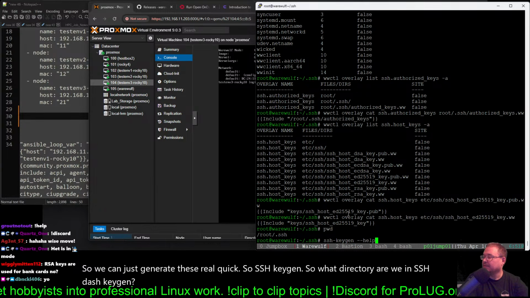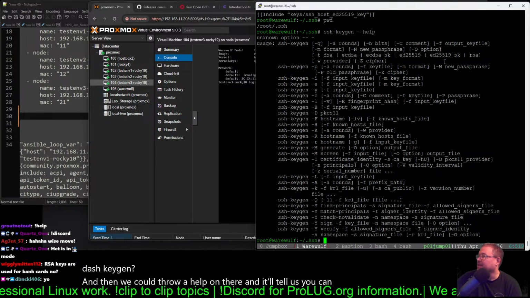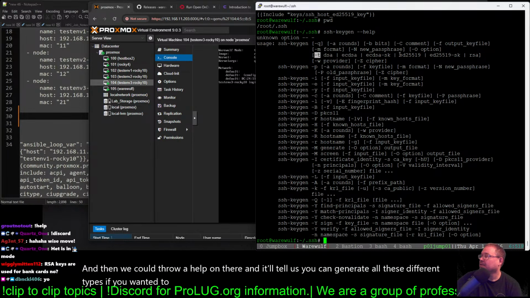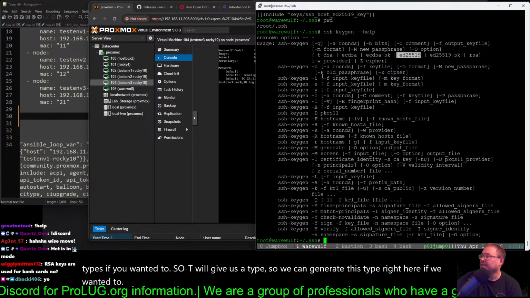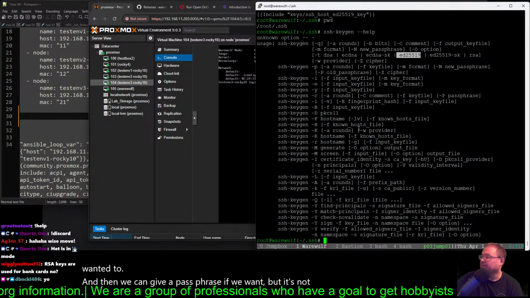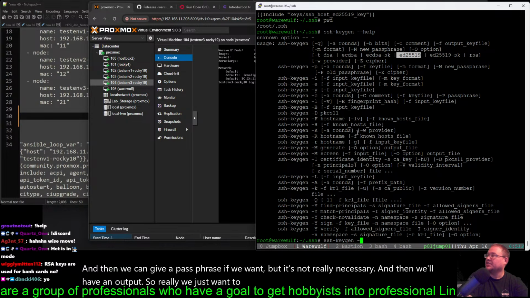And then we can throw a help on there, and it'll tell us you can generate all these different types if you wanted to. So dash t will give us a type, so we can generate this type right here if we wanted to. And then we can give a passphrase if we want, but it's not really necessary. And then we'll have an output. So really, we just want to use ssh-keygen and then dash t and do